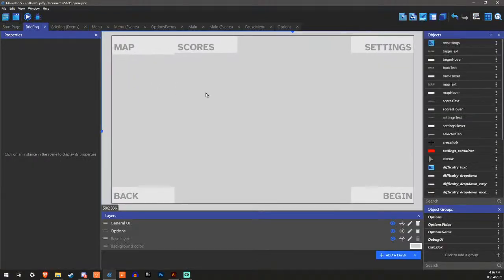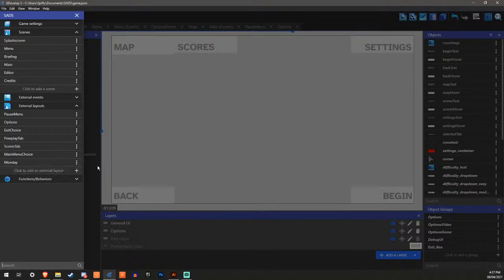Well, I guess I've got to make the scores thing now, which shouldn't be too hard. I can just use certain variables to see if the selected thing is what it is, and if it is, then do this, but if it's not, then I'll do another thing. Never quite easy.